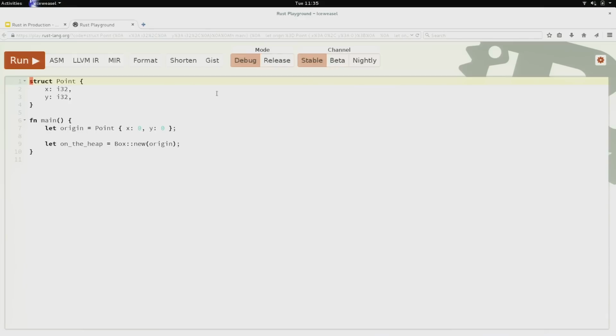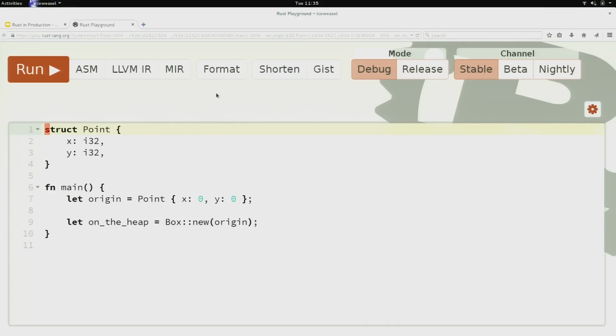So I want to show you a teeny little bit of Rust code. This is a really cool website, play.rustlang.org, where you can type in Rust code and then hit run, and then it will run. You can also see the assembly that it generates, and you can share this with other people. So it's just one example of how this works.